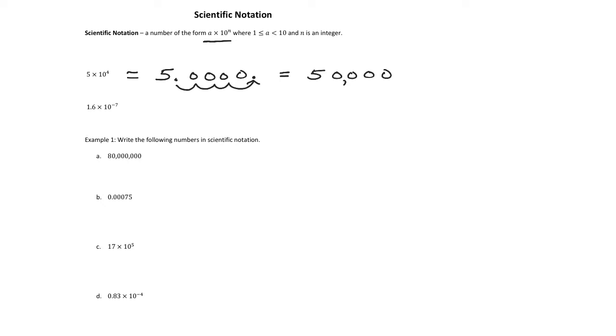So scientific notation is good if you want to express a large number, but it's also good if you want to write a number that's very small, like 1.6 times 10 to the negative 7. This means we're going to take 1.6, but the decimal point is going to go to the left because we're dividing by 10 as opposed to the right. So I'll put in 7 zeros,